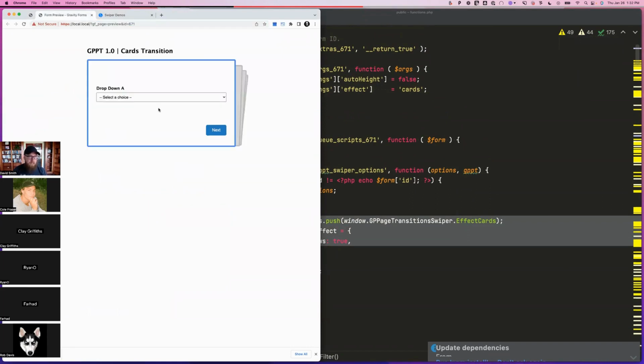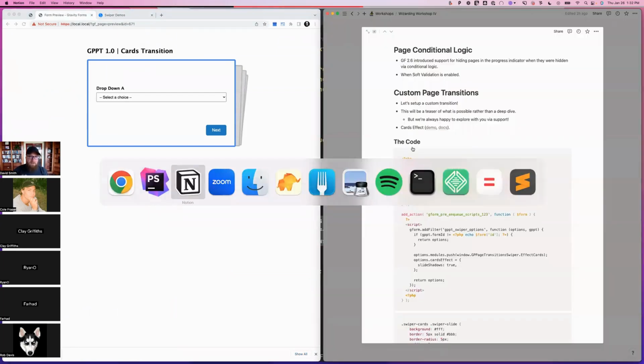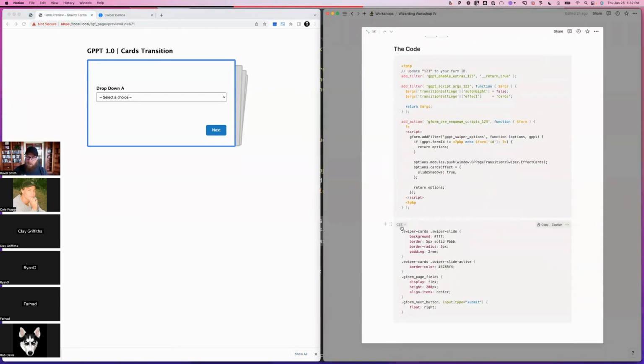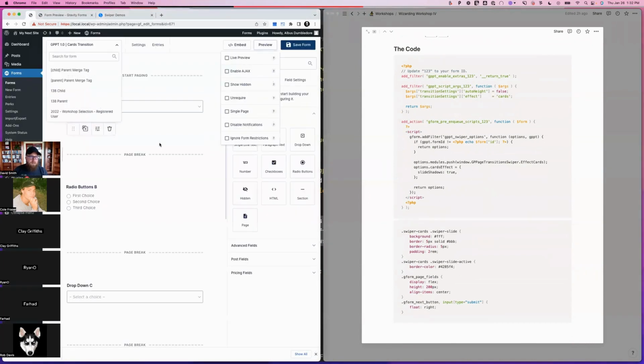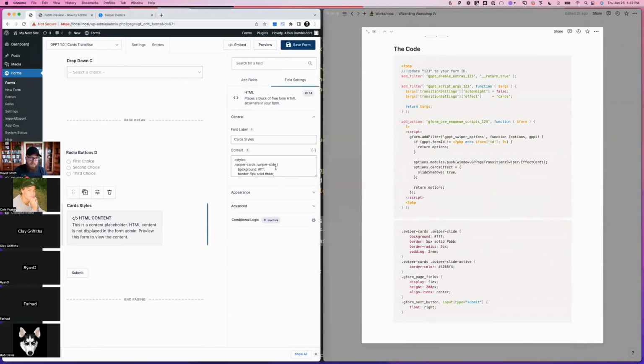I'm going to refresh this screen, and we have some parts. You can see I applied some basic styling here. You can find that styling right here, and I have just put this in an HTML field here. I don't love doing that, and I think every time I do this, I think to myself, we need to make our custom JavaScript plugin that adds a custom JavaScript setting to the form settings. We need to do the same thing with custom CSS,